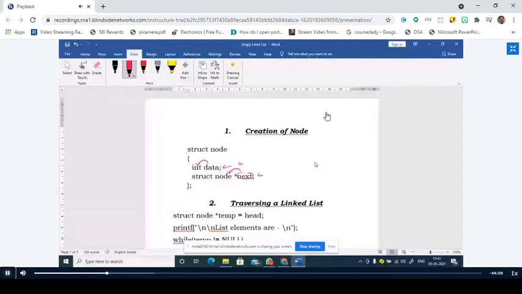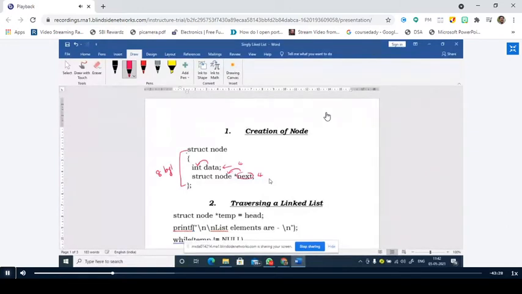I gave a detailed explanation yesterday also, that pointers, whatever type of pointer it may be, whether it be an integer pointer or character pointer or floating pointer or structure pointer, occupy the same size. Why? Because it is going to store only the address. Addresses require similar sizes, right? That is the reason why the pointer to the struct node occupies 4 bytes. So the total size to be allocated for this entire struct node is 8 bytes. Is it clear?